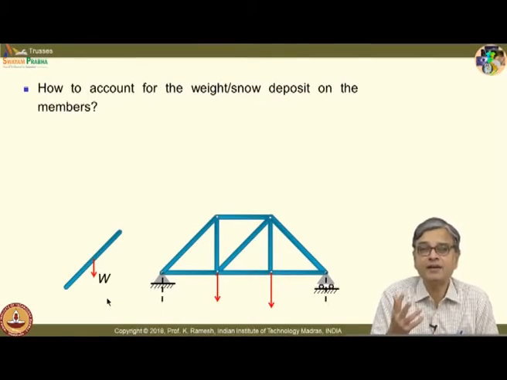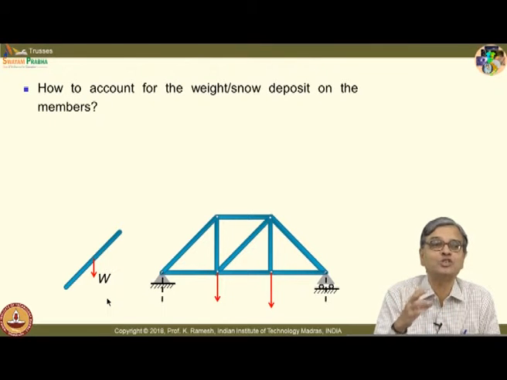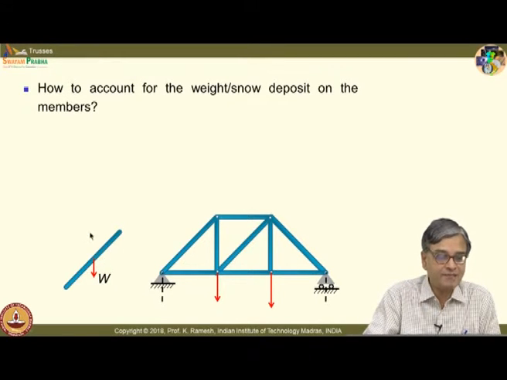How do we take it in our analysis? We have already seen I can analyze a truss only if the loads are applied at the joints. No member is continuous through the joint. Suppose I have this load to be considered in totality, you will have a force like this, and this would introduce a bending. Instead, what is accepted in engineering analysis is you lump half of this weight on this joint and lump half of this weight on this joint.